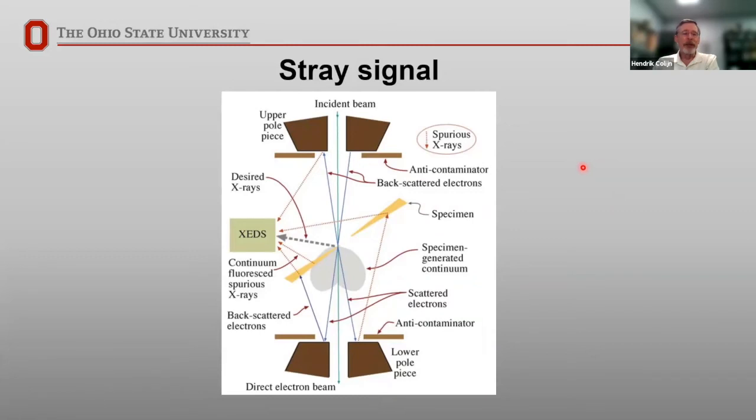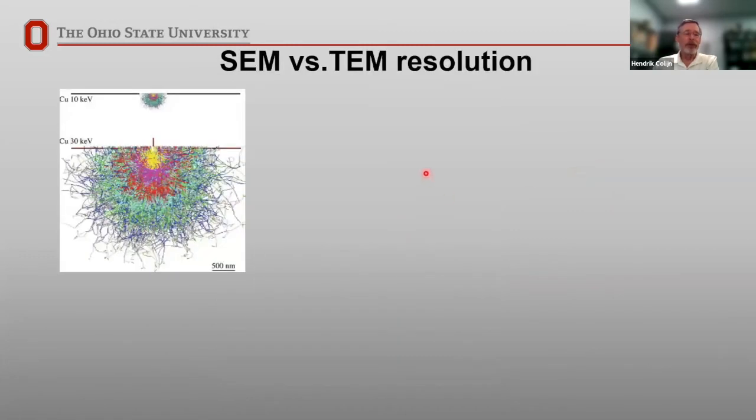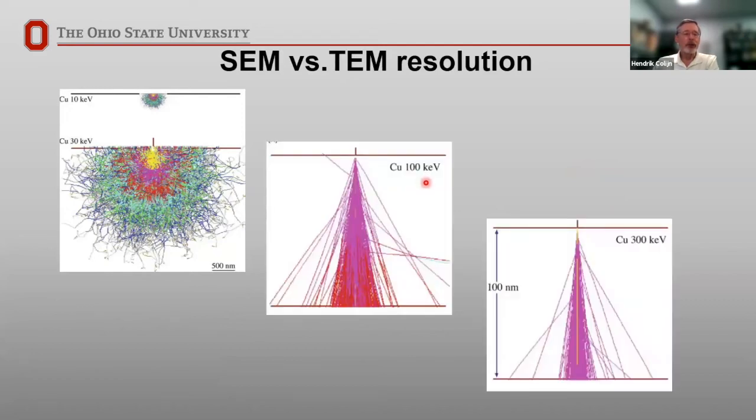So with all this, why do we bother doing TEM EDX analysis? Well, the major reason is resolution. In the SEM, your resolution is usually on the order of a few microns, and that is limited by the scattering of the electron beam within the sample. So it doesn't matter whether you have a 1 nanometer, a 10 nanometer, or even a 100 nanometer diameter beam. The beam diameter is not going to limit your resolution, it's the scattering.